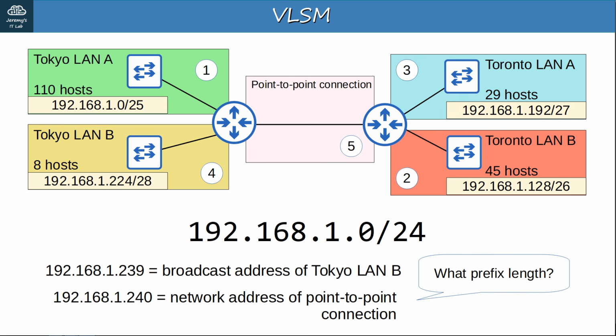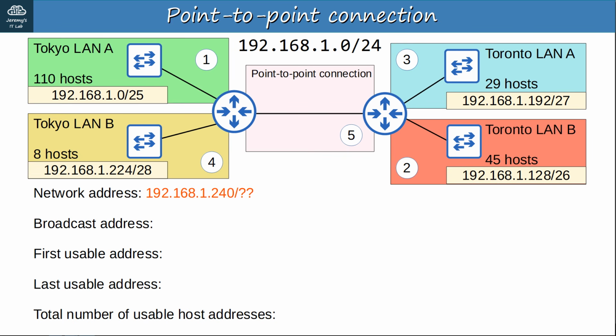Now, what prefix length should we use? As I mentioned in the first subnetting video, it is possible to use a /31 prefix length for a subnet requiring only 2 hosts. However, for the CCNA test, if you are asked what prefix length to use for a subnet that requires 2 hosts, I recommend not using a /31. Instead, what other prefix length allows for 2 hosts? Pause the video here and find your answers.